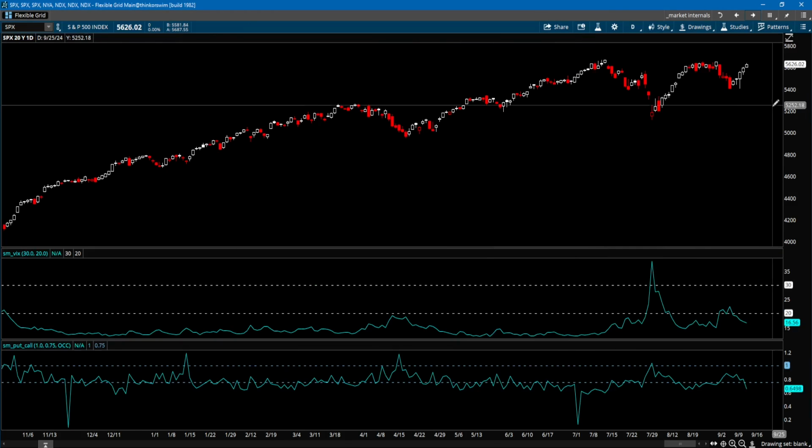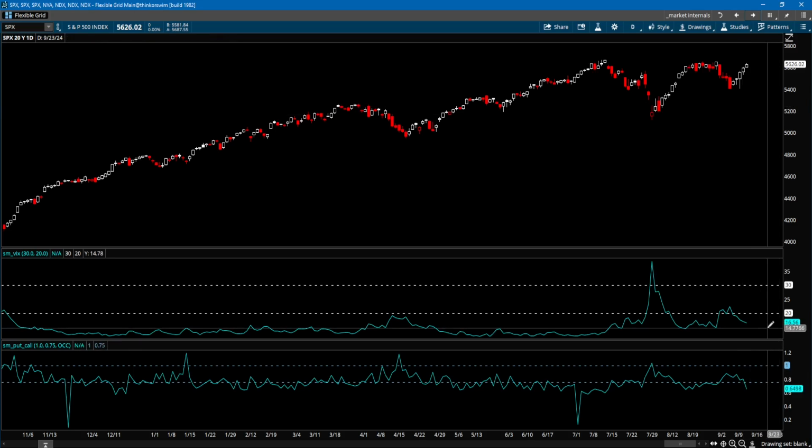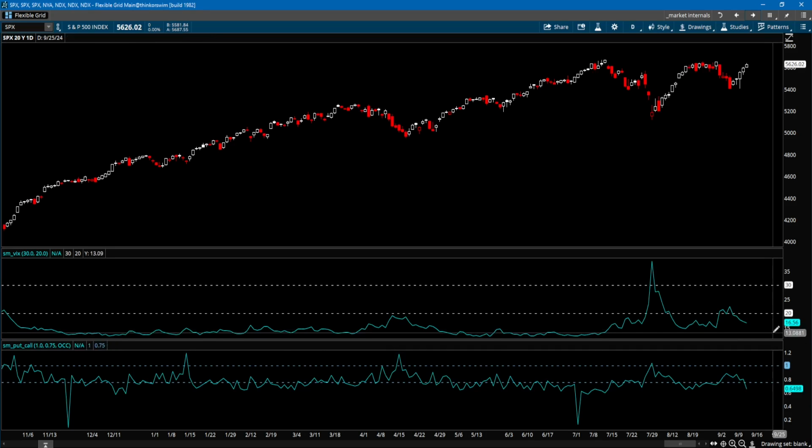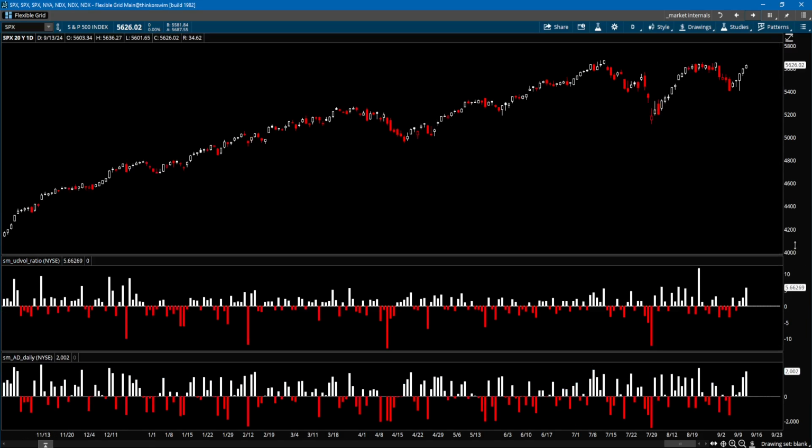As you can see from last week's turnaround, market participants are getting more complacent once again and less fearful. At the end of the week, they are putting the risk back on. The put-call ratio is down at 0.64, and the VIX is down at 16.5 at Friday's close. Looking at the internals on the up-down volume ratio, you can see there was some buying pressure throughout the week, especially on Friday. We have over 5.5 to 1 in favor of the up volume.